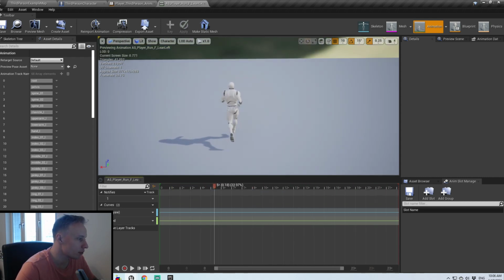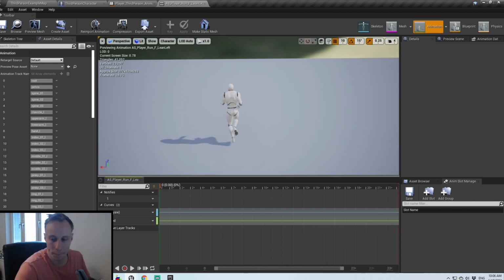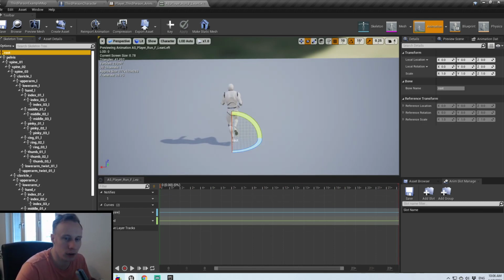Now, I'm not an animator, but I do modify animations all the time, and I'm going to show you how to do that later, because it's a super useful thing to actually be able to do in Unreal. So we're going to modify the keyframes. Basically, if you go to your skeleton, select the root, we are going to turn this animation into a leaning animation, which is super simple, super easy. Just select the root and do something like